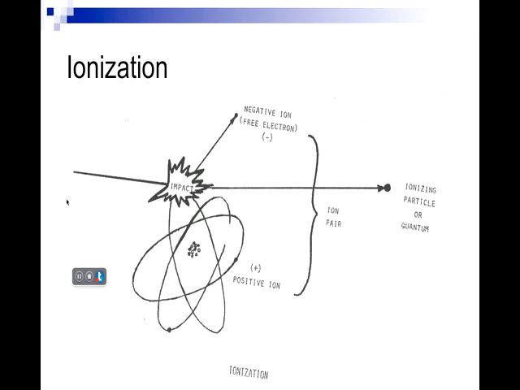Another aspect of ion pair production is that ion pairs can occur in almost anything this energy can come into contact with in your body. Most of your body is water. If sufficient ionizing radiation hits water, it can break it apart and produce very, very dangerous biological reactants, such as